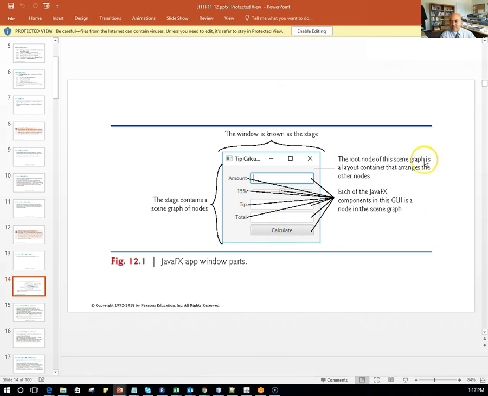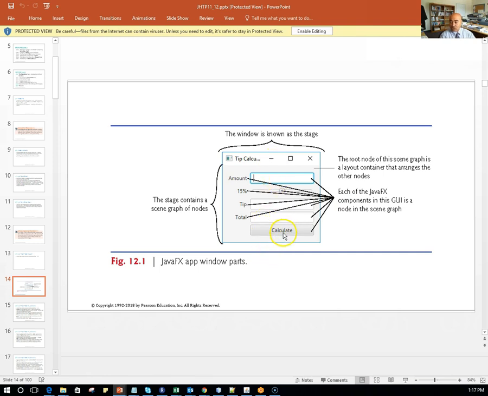So when we create these things in the scene builder, they are not active, because you can do this and then you can preview it, but if you click on this calculate button in the scene builder, nothing really happens. When you tie those two other Java files that I was talking about, the main and the controller, that is when this FXML document gets connected with the controller,